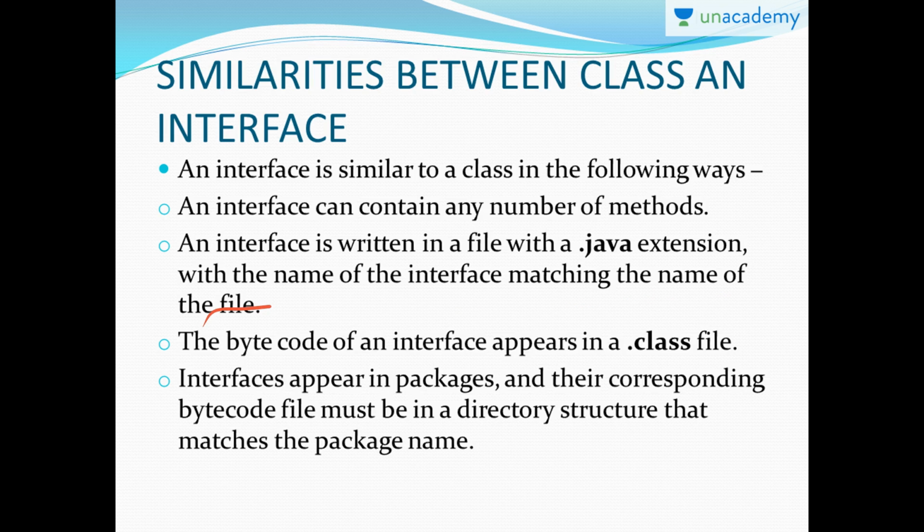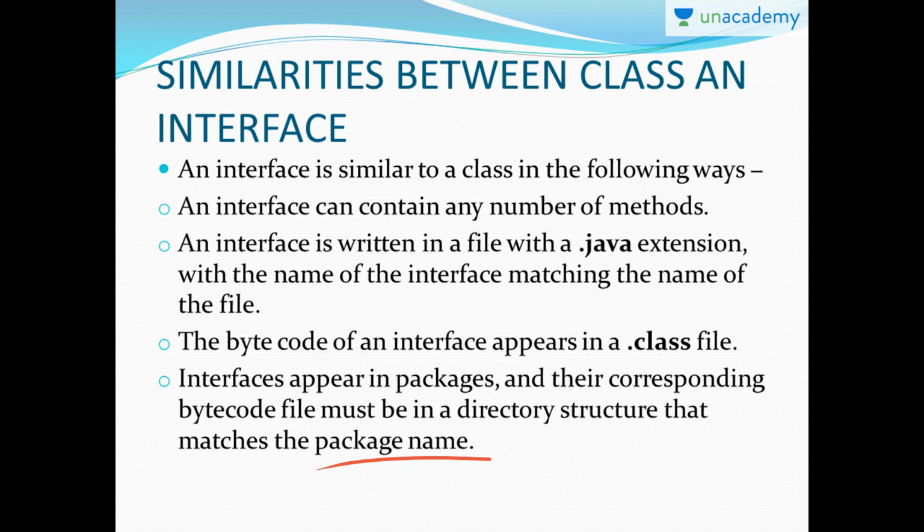And the next similarity would be that normally for a class, the bytecode appears in a file, right? In the same way, interface bytecode also appears in a class file. As we are saving it similarly to a class, obviously the bytecode would also be in the form of a file, right? Next, an interface appears in a package and the corresponding file code is in a directory structure that